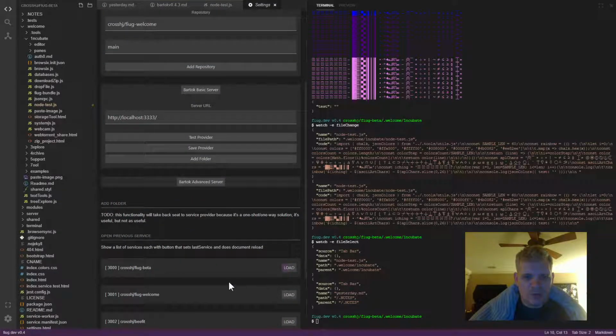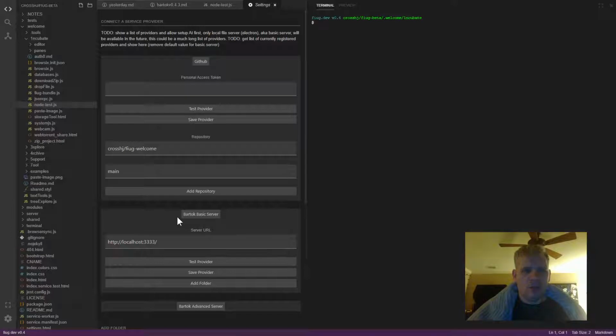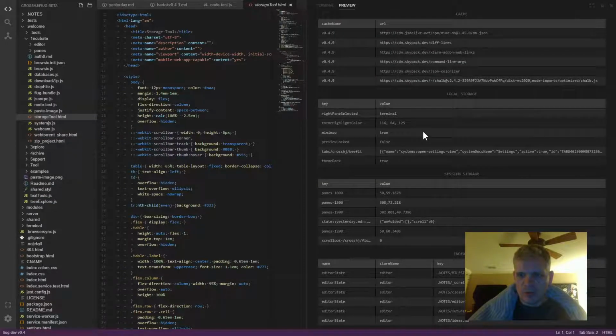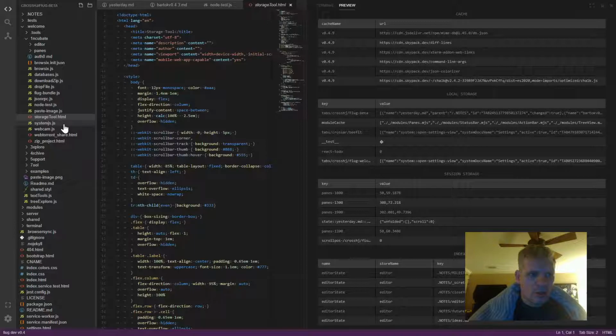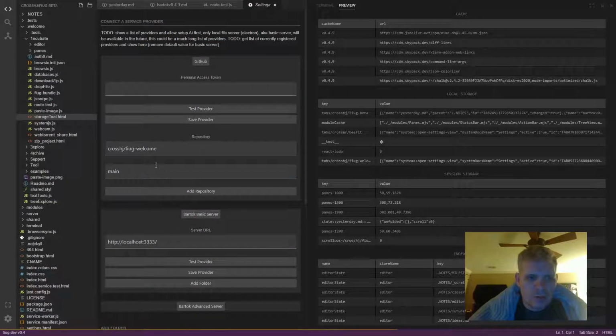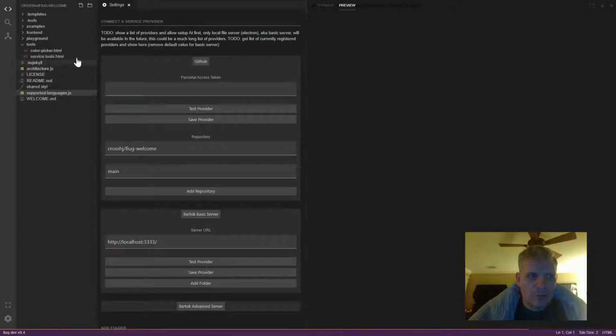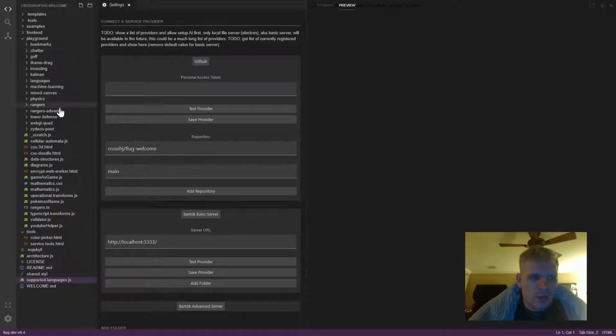So I'm going to switch over to Fugue Beta, and here are a few other things. I did a storage tool which pretty much tracks all of the storage that's being used. That's cool, and I'd like to get to a point where I can change the storage a little bit better here. The thing that I was looking for, oh, I went to the wrong place. Fugue welcome, load this. Okay, now we're sort of in the right place. All right, the thing was called